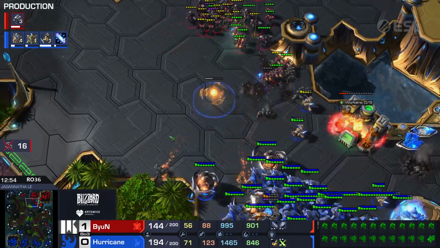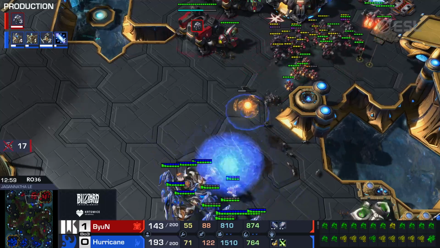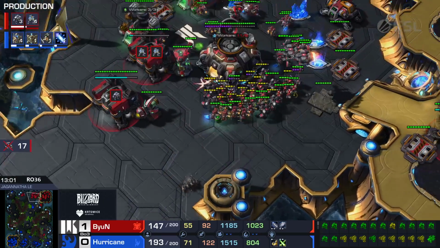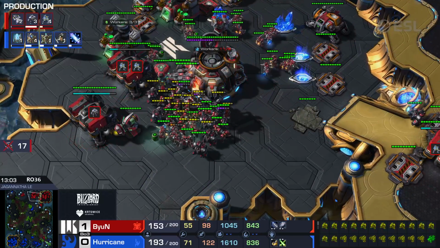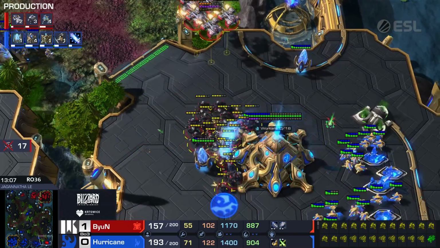We see Disruptor shot not hitting everything, but hitting big enough things. And I think ByuN is going to try to go for like a semi-base trade and then perhaps try to hold his natural. I mean, he knows that the recall has already been used. I think he saw that, so...